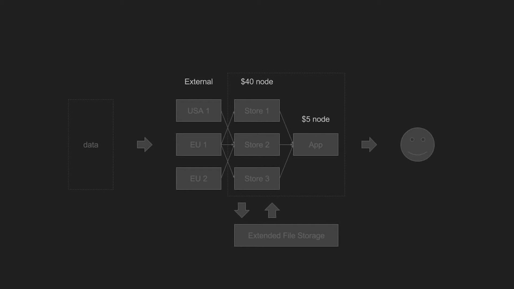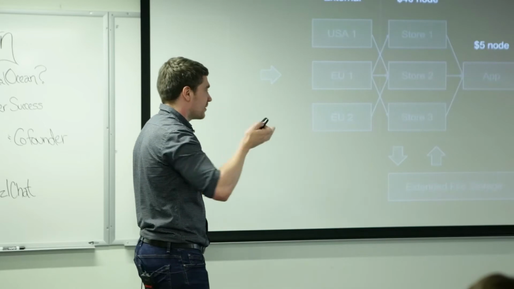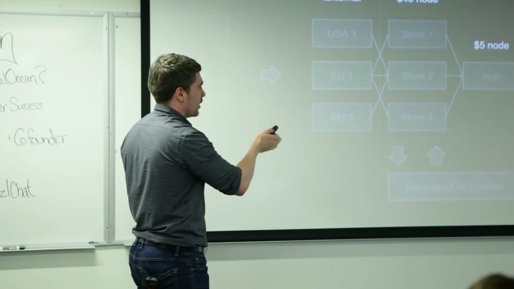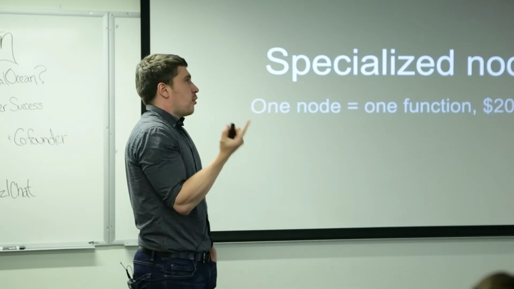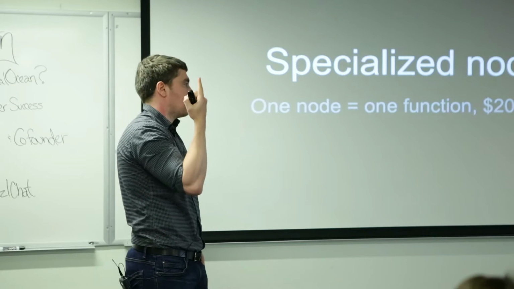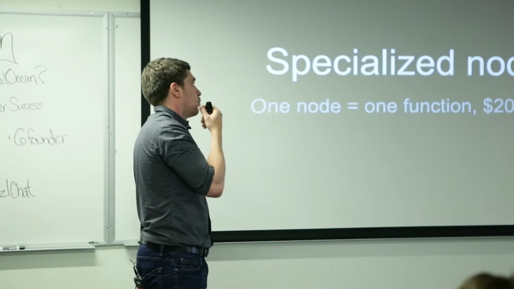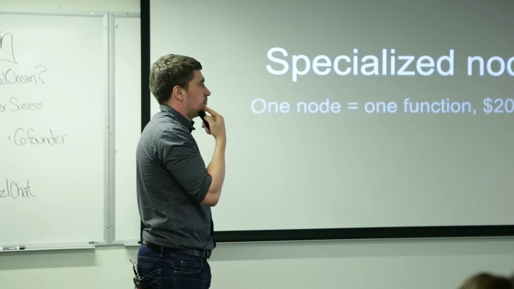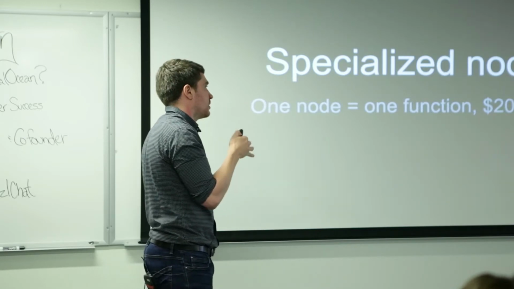But DigitalOcean will have a service called block storage in the nearest future, and we are waiting for it. So maybe it will be integrated again. Special nodes. So this is the core of our strategy: one node, one function. We have come to the understanding that the $20 node is the best, because